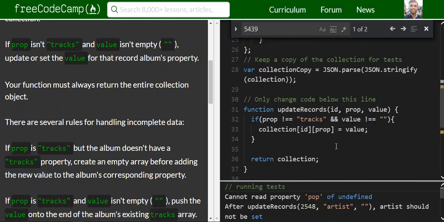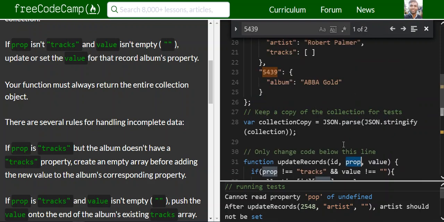So if the value here is given as tracks, but the album that has this ID hasn't got the property tracks, then we're gonna create an empty array before adding the new value to the album's corresponding